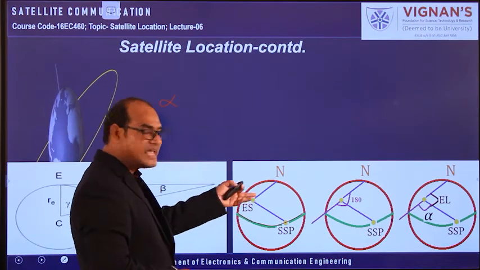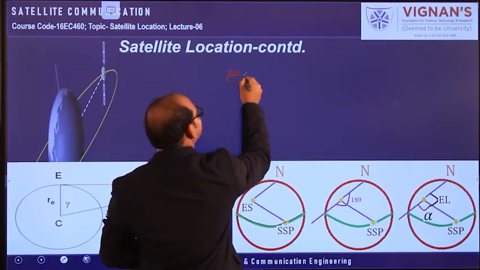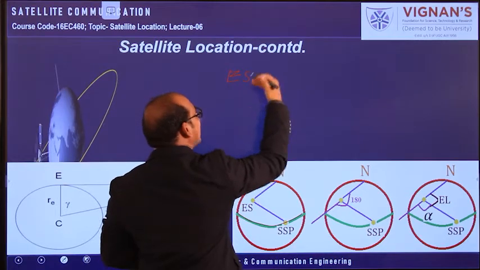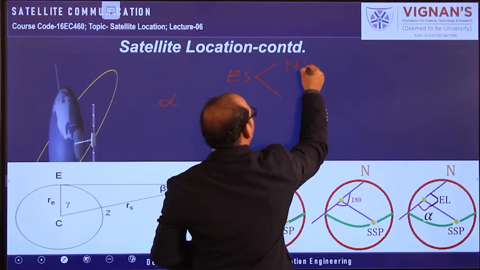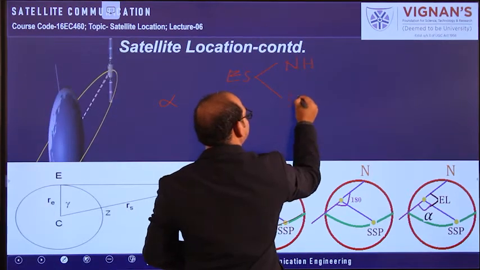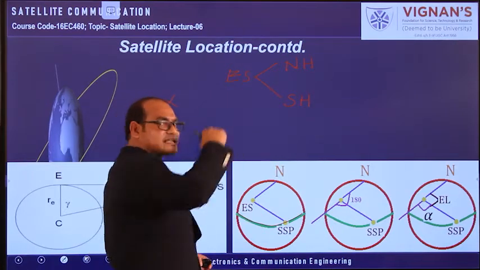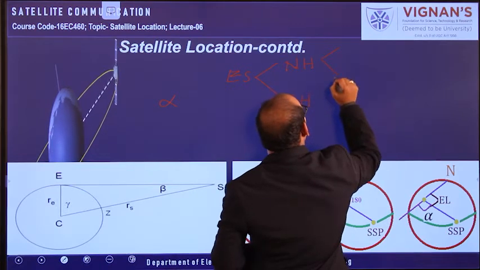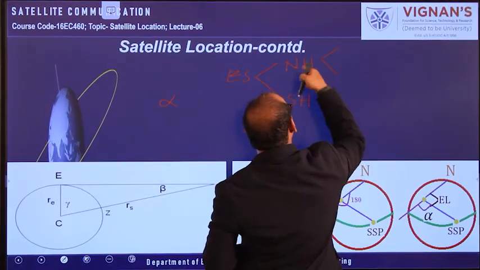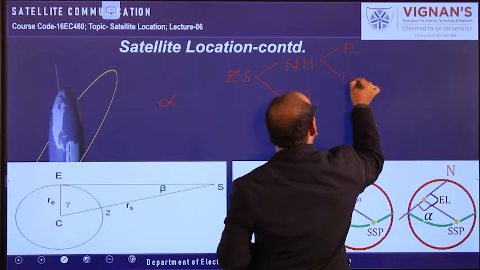Above the equator only the earth station is available. So the first thing is the earth station: is it available in the northern hemisphere or the southern hemisphere? After that, if the earth station is in the northern hemisphere, again two cases are there. The subsatellite point is available whether it is on the east side of the earth station or the west side of the earth